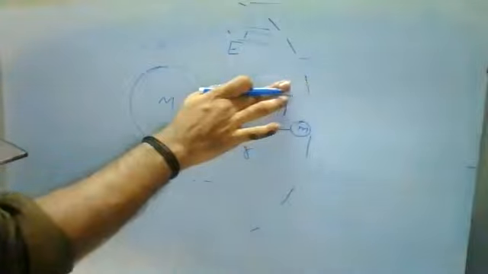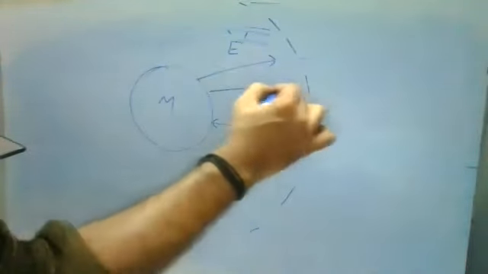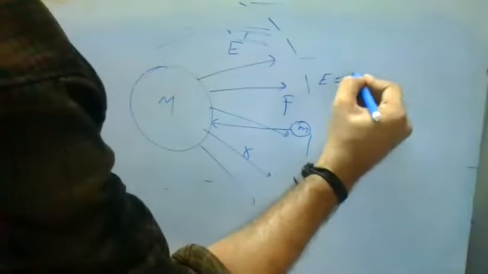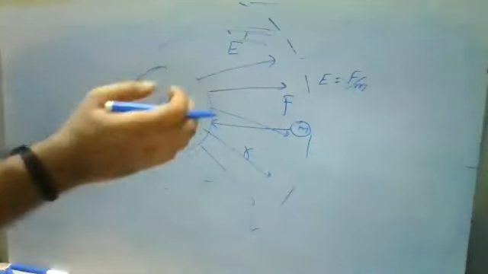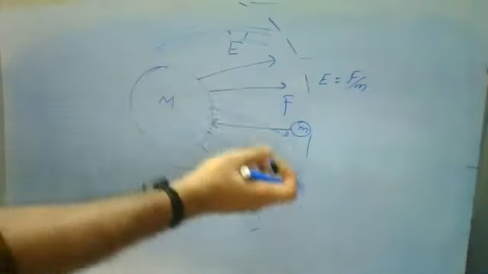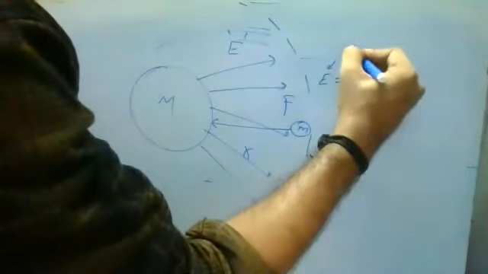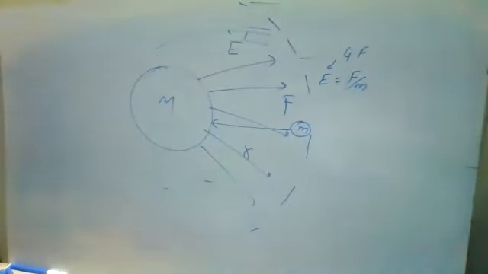It is also a vector. Because of this electric field, it will travel from the capital M to the small m, so the field vector F is a vector. So E is equal to F by M. The mass gets attracted and gains some force because of the gravitational field. So this is the gravitational field, E is equal to F by M. We call it gravitational field, gravitational field intensity, or gravitational field strength. E is equal to F by M.